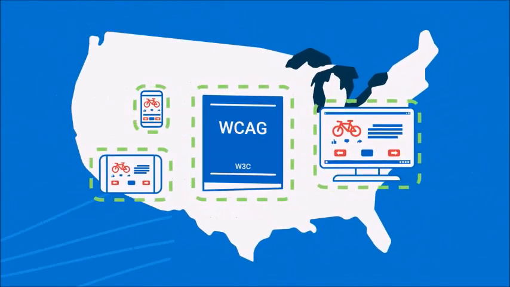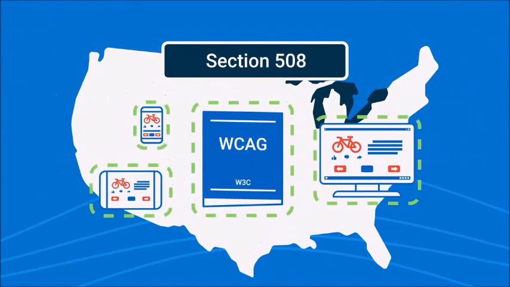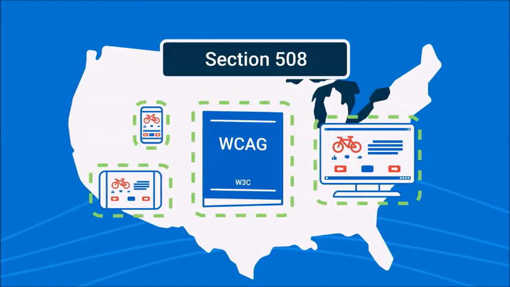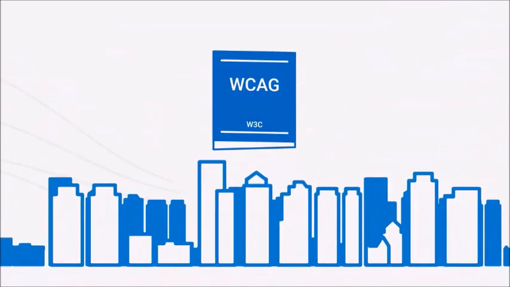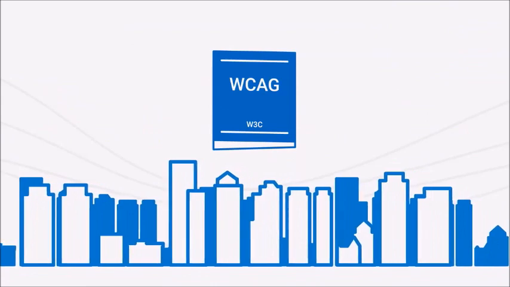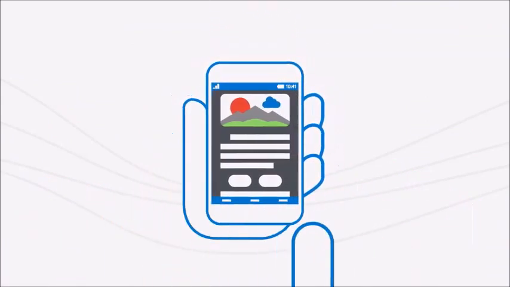federal government agency sites and apps are required by law under Section 508 to be accessible. This law includes the WCAG standard. In the U.S. and European Union, WCAG is being adopted across private sector businesses as well. Whether you're following legal requirements or proactively working to make the web a better place,